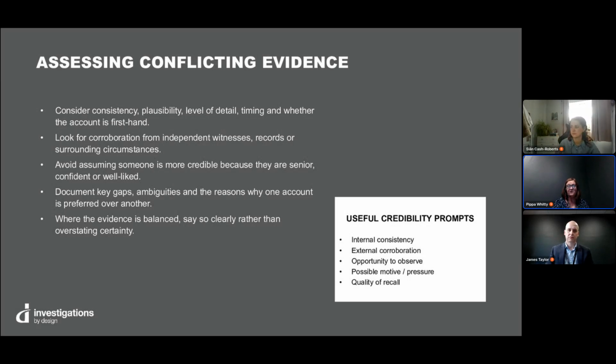Finally, consider where you may be dealing with reluctant witnesses. Someone who may not want to be there, someone who may not want to get involved, so they may be hesitant, they may be fearful, or they may be unsure. So always factor that into the context when you're looking at the credibility of your assessments. It's only when an in-depth assessment of evidence has been reached that we start looking at report findings. James is now going to walk us through how we would write that investigation report.